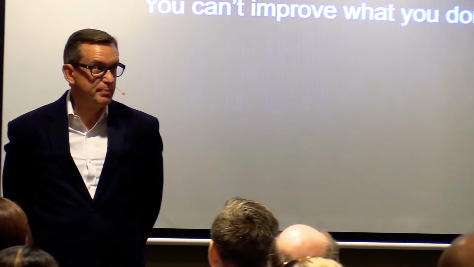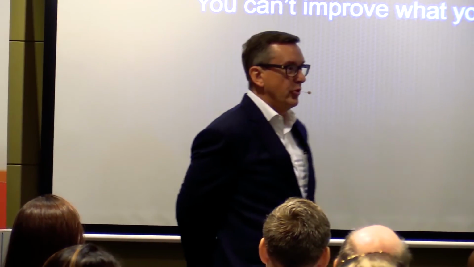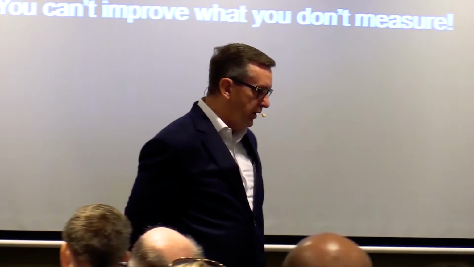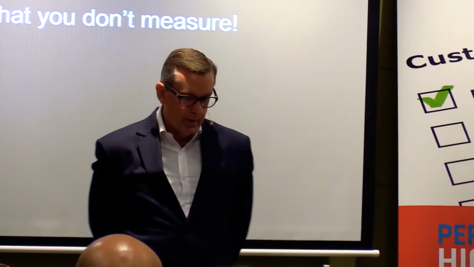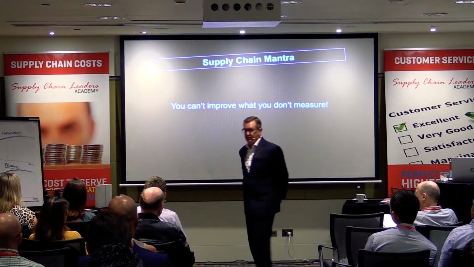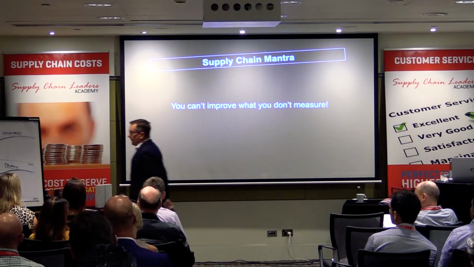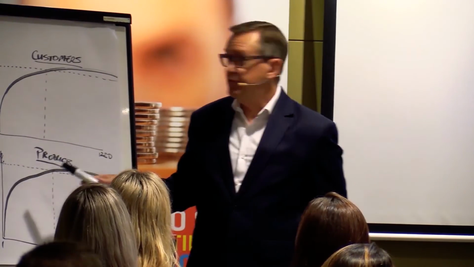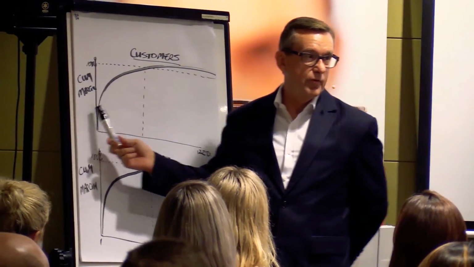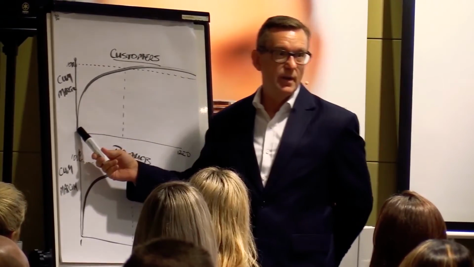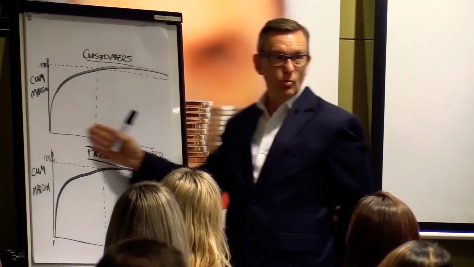If you don't mind, I'd like to just pick up on something that Rob spoke about before the break, and that was your cost to serve exercise. This is a real practical example that I drew up on the butcher's paper here from a client that we did a workshop with all day on Monday. But this is 100% typical of what we see. So what I've drawn on the board there are two graphs that we produced for them, one for customers and one for products. And this is a cumulative distribution curve. So effectively what we're doing is we're taking the most profitable customer, the highest margin customer, adding it to the second most, to the third most, all the way through to